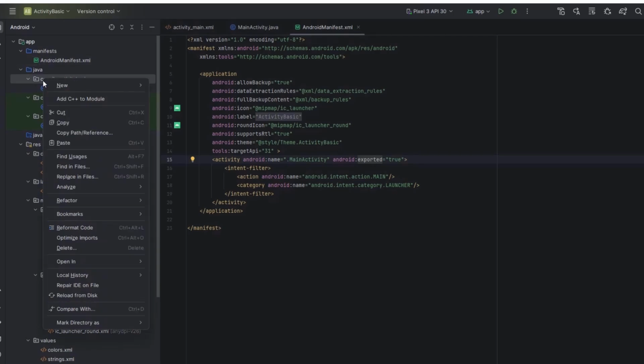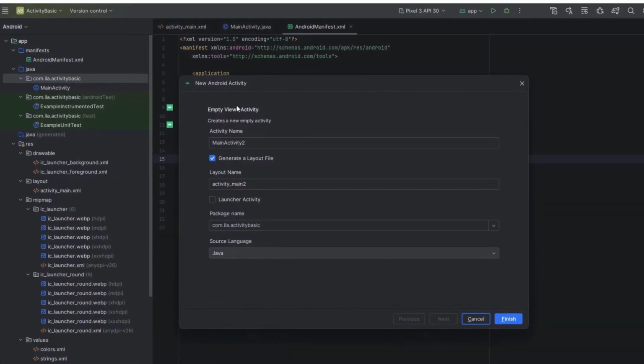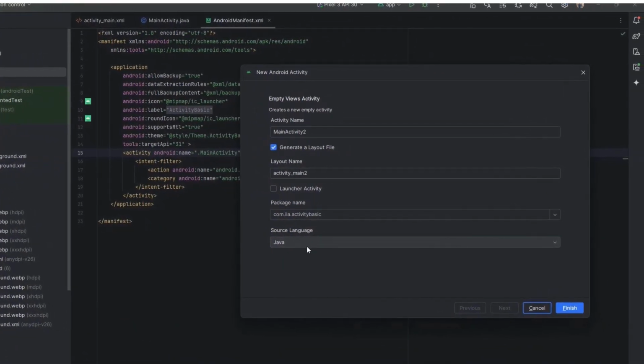But basically, when you right click and hit New, and within here hit Activities, Empty Views Activity, here you can say whatever things you want. That is, you can say MainActivity, and this is going to be the name of our activity, and the layout name. And here you can also say if your activity wants to be a launcher activity. But in this case, I've already chosen the launcher activity, so I don't want to give that. I have to choose the package name in which the activity should be, and also the source language. Once after choosing all these, when I hit Finish,